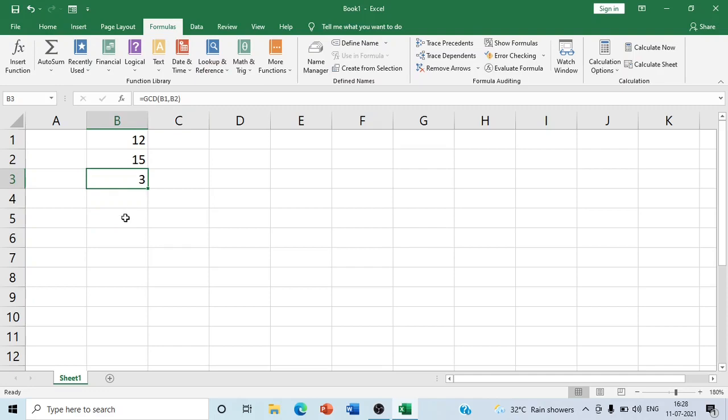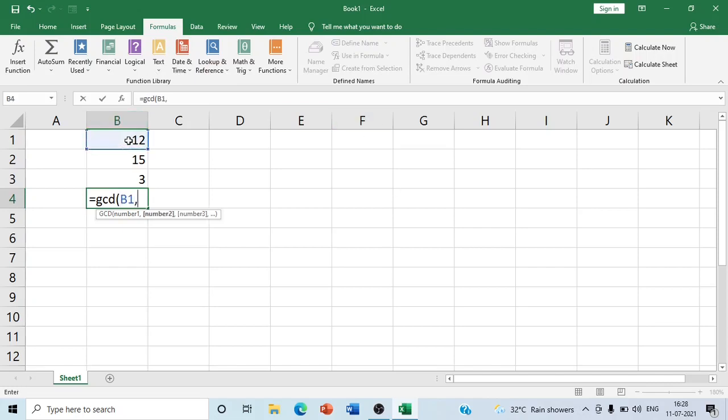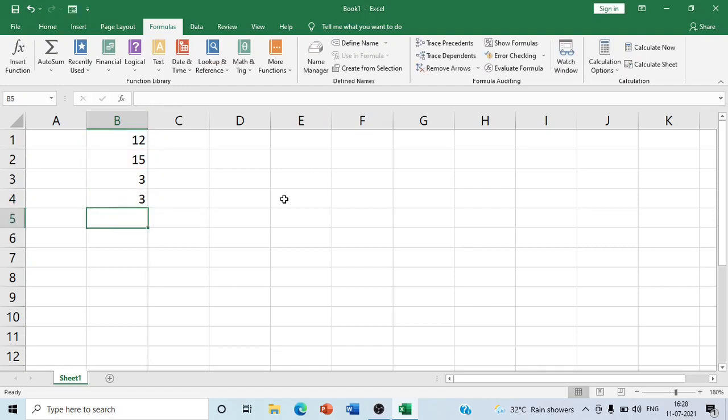Here you can also do it manually. Type equals GCD, open the bracket, use the cell address, comma, cell address, and press Enter. The same result will come.